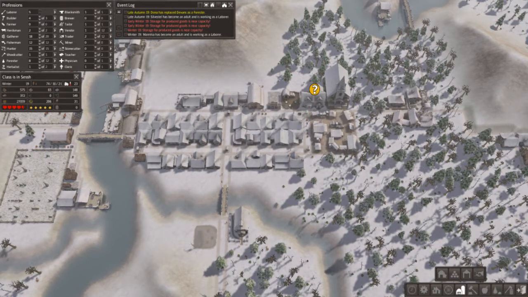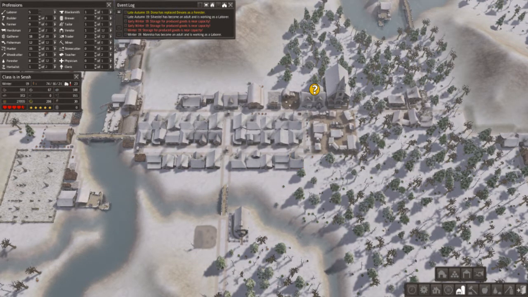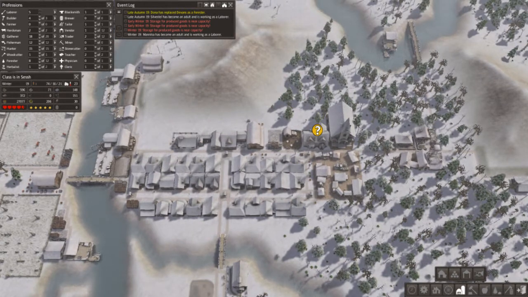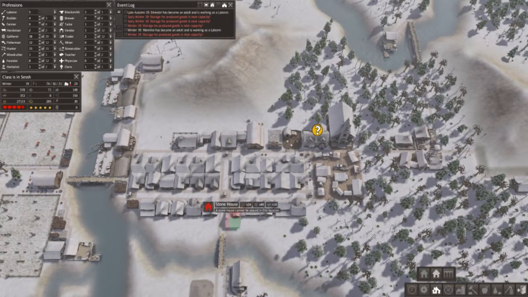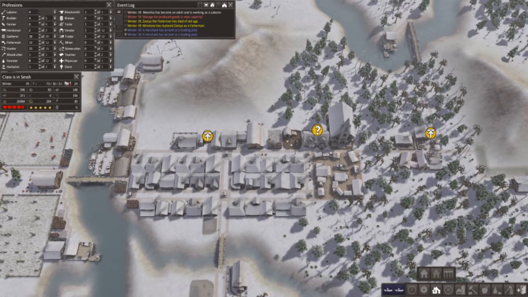Okay, another house. Yeah, you can see that the people who moved in here, they're 33 and 20 respectively, so they're quite old as far as moving into a new house together. That means that we're behind on our houses. So again, we're going to want to go ahead and...